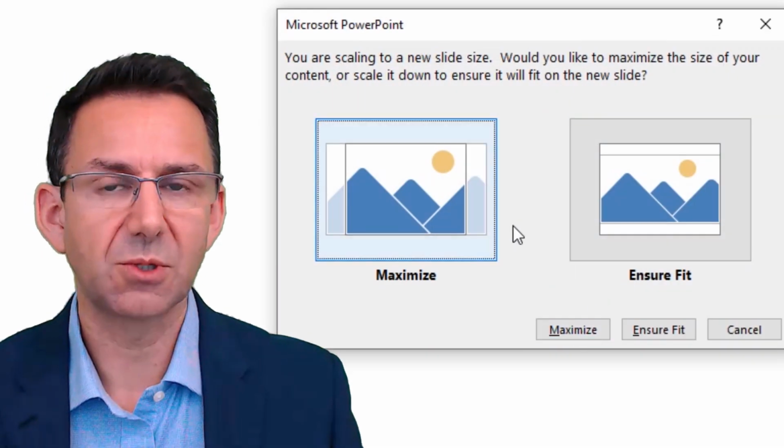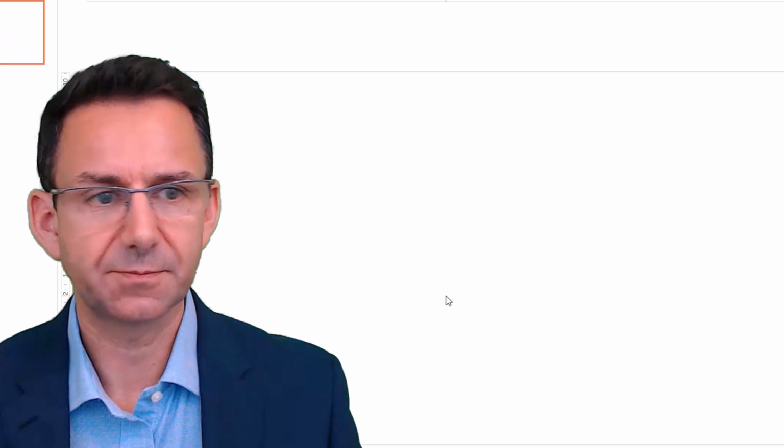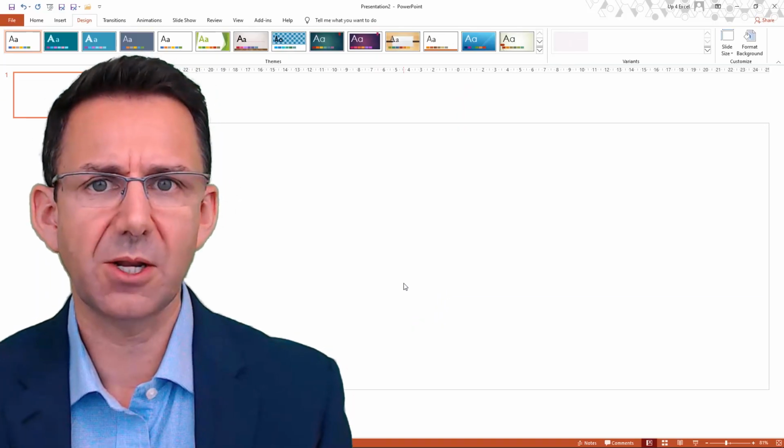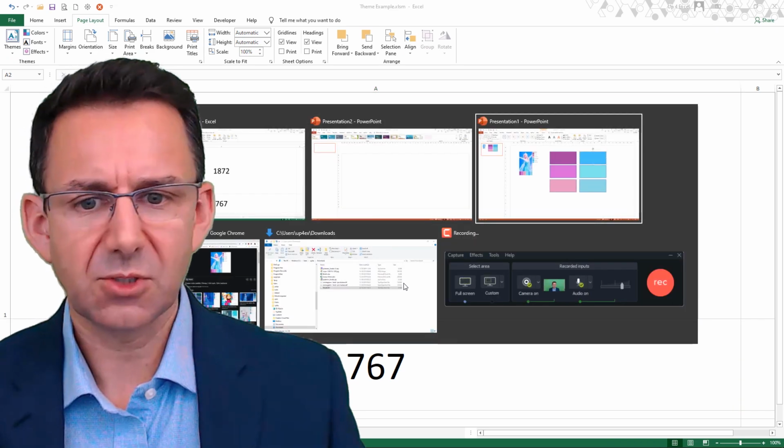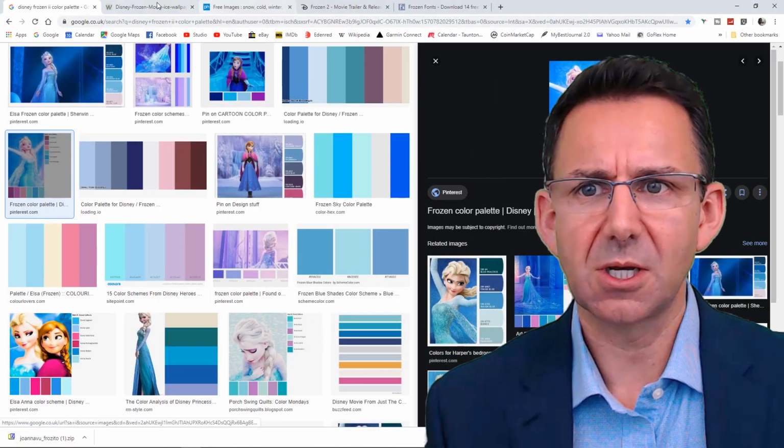And it doesn't matter which one you pick because you're on a blank sheet. So you now have the exact right canvas size for your image. So I then go to the internet and do an image search. Now,